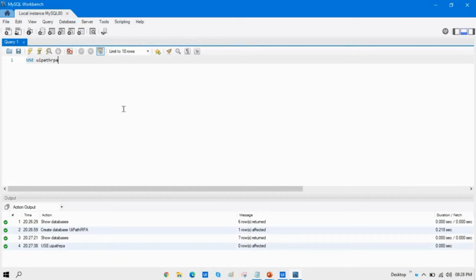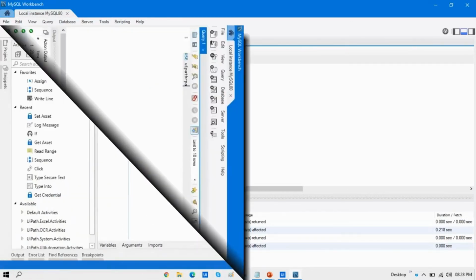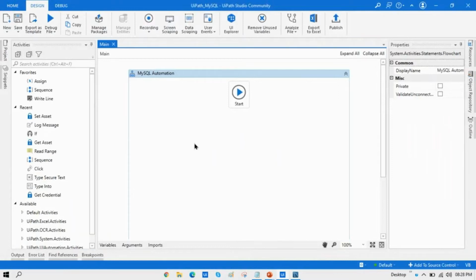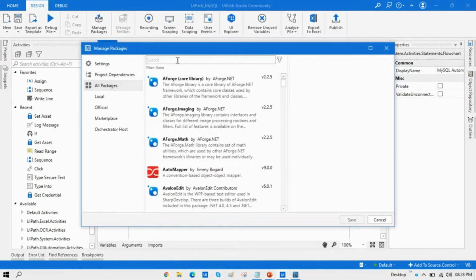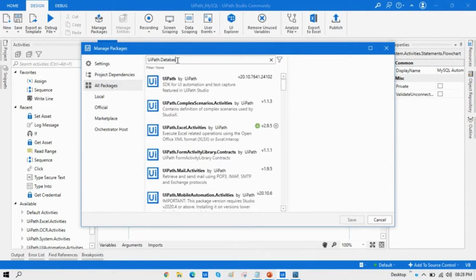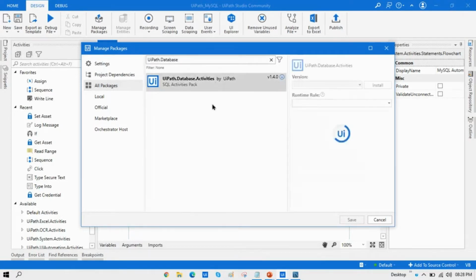So let me open UiPath Studio now. First we need one activity to connect our UiPath with MySQL. So which package do we need to install? You can first go to manage packages and click on all packages, click on the search and write here UiPath.Database.Activities.